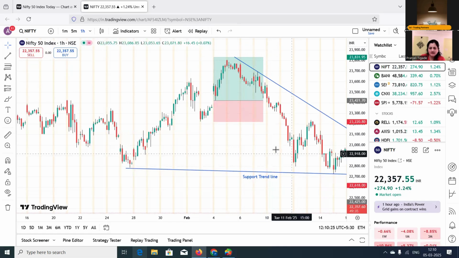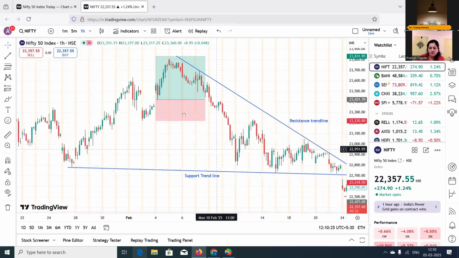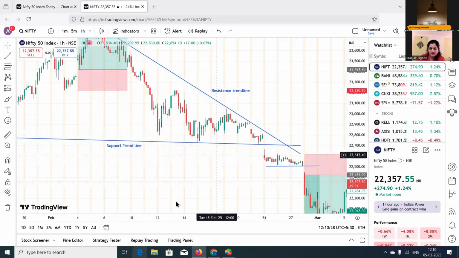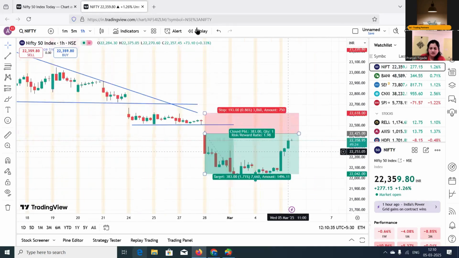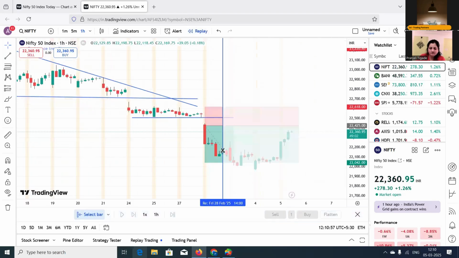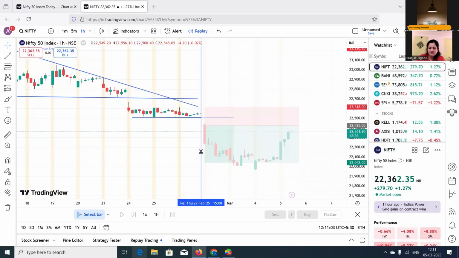So replay bar is, suppose if I want to do some manual back testing on candlesticks, and if I want to go to a particular time frame, for example, if I want to see what happened after the 27 Feb 1500 candle, then I can click on this replay button, and then I can select the bar. Okay. Suppose 27 Feb 15 is the candlestick. After that, I want to replay.